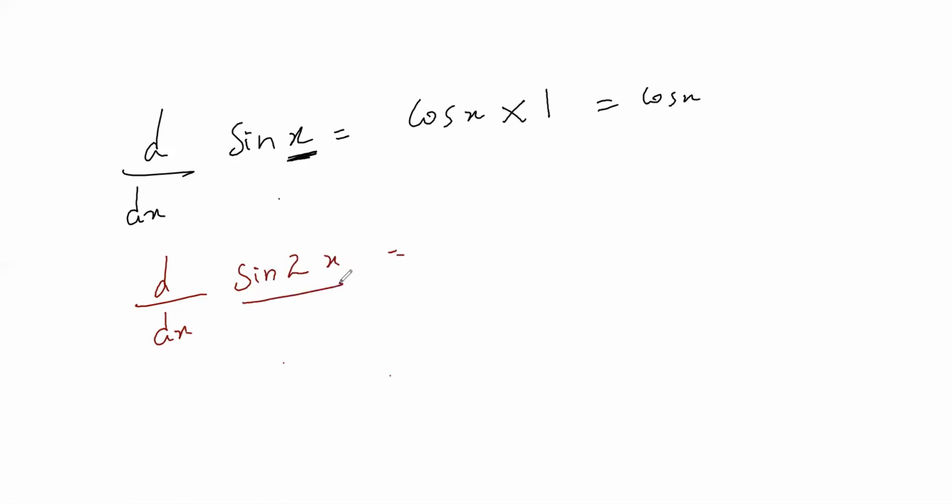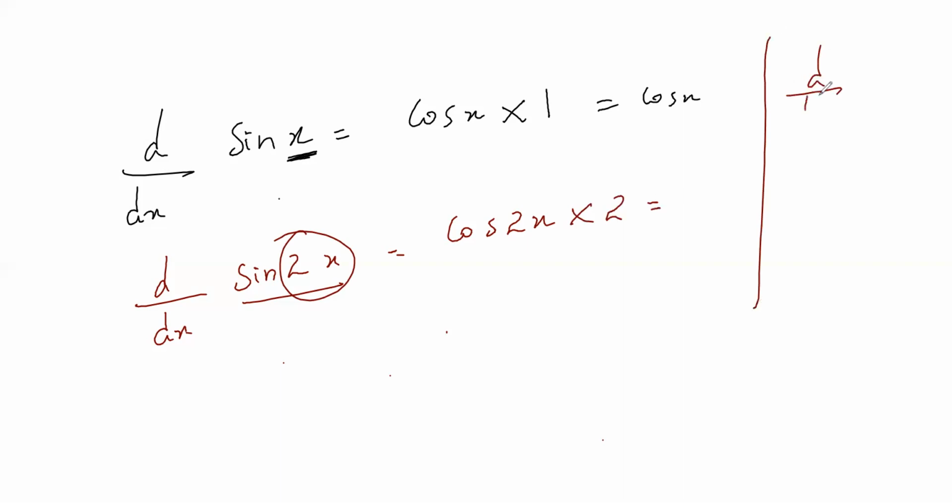What is sin differentiation? Cos. Cos 2x. And what is 2x differentiation? 2. If you don't know this thing, just take the right hand side and do this. d by dx of 2x. 2 is a constant, so I'll take it out. 2 into d by dx of x. x differentiation is 1 itself. So 2 into 1 is equal to 2 itself. Is it clear? So that's why I'm getting this as 2 cos 2x.